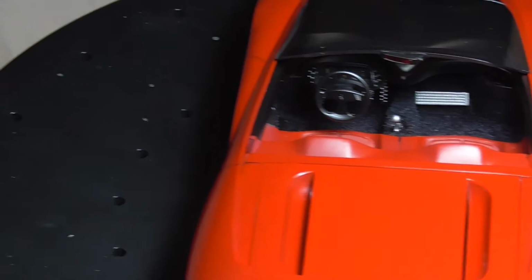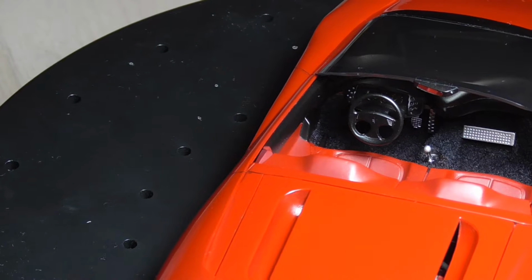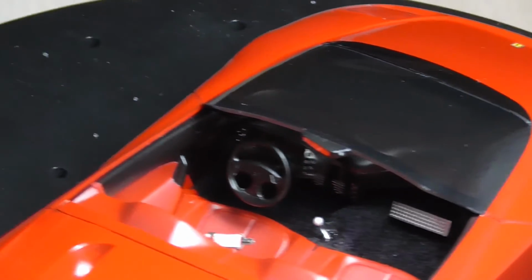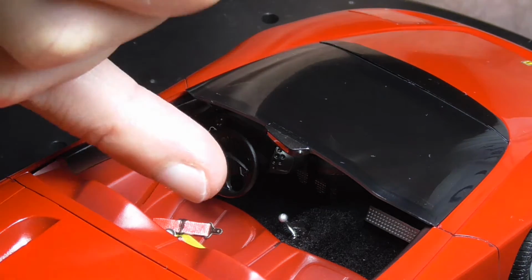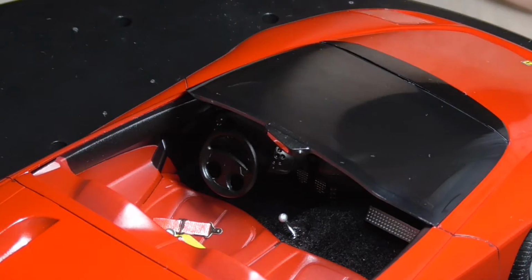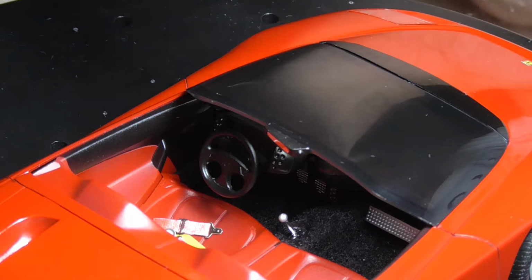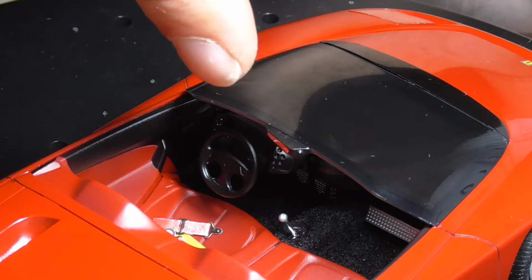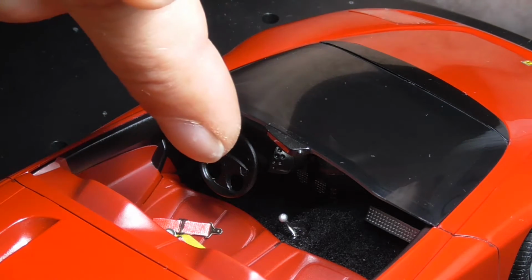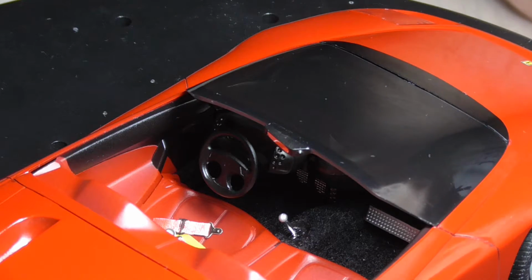The interior of the car was pretty straightforward, everything went together nicely, but this is the part where I saw for the first time that I was going to have some trouble. I can't zoom more than this because the camera will lose focus, but here on the gear lever there's a metal transfer to simulate the gates, and these are self-adhesive. What happens? Due to the age of the kit, the metal transfer itself won't adhere to the plastic, and to complicate things even more,